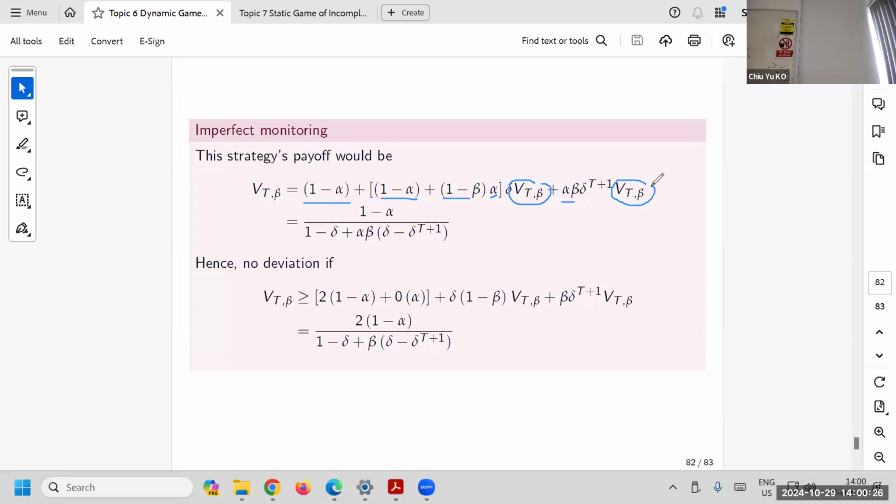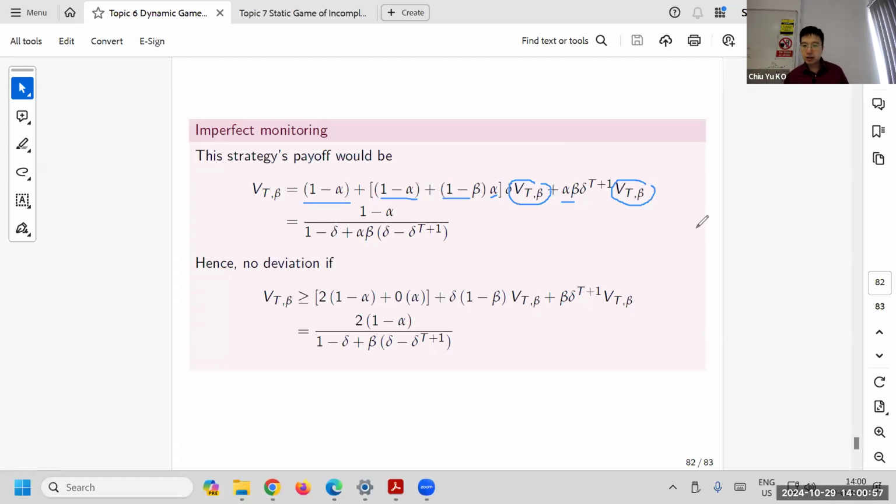This period, you get this payoff. It's a good time, okay? If it's a good time, what happens next period? Under this probability, you get a good time. If it's a bad time, then you will continue, the god forgives him. But if it's a bad time, then you wait for T periods to resume, because in those T periods you get 0. Is that clear? Maybe I draw a diagram.